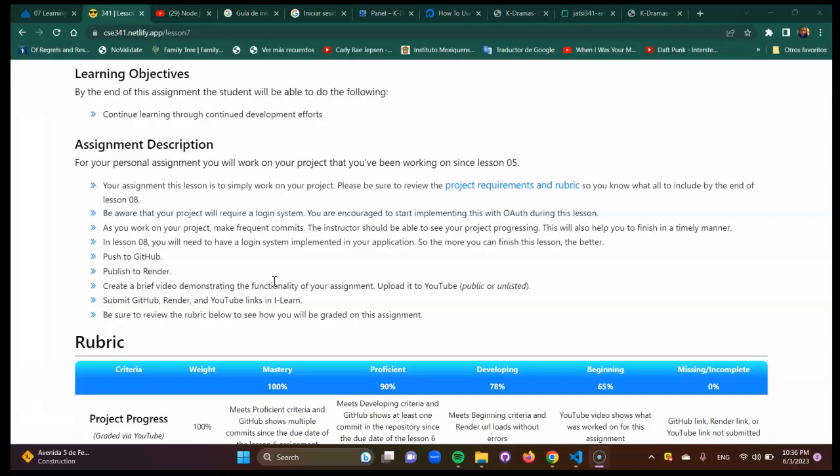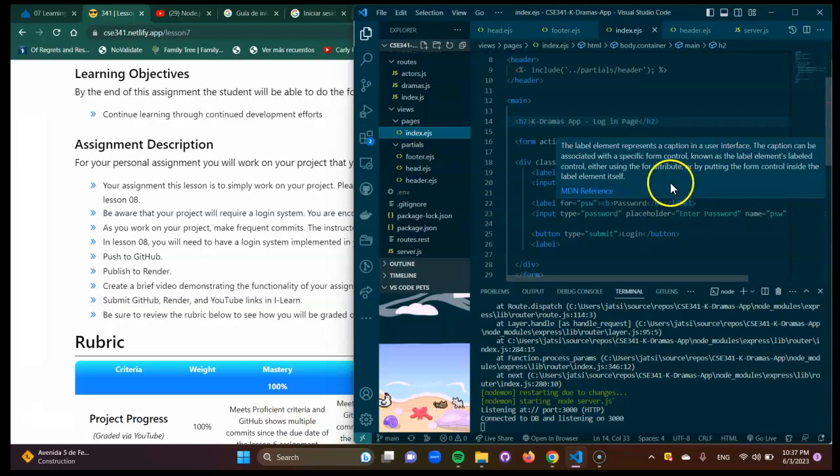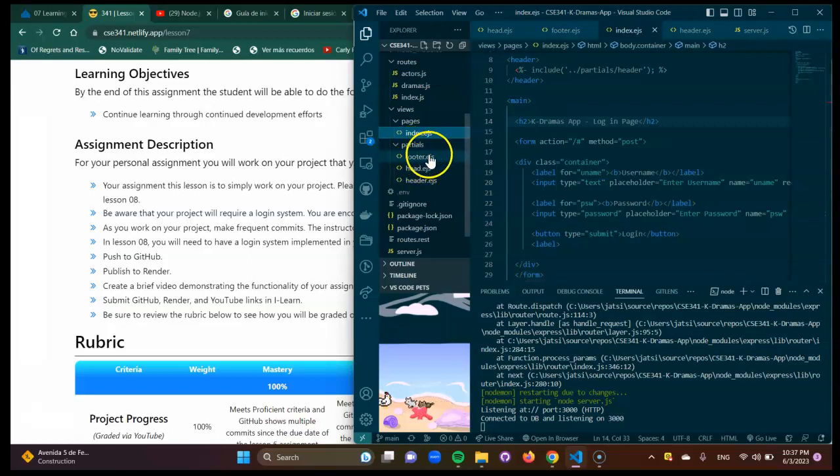So the thing that I thought is that I need to add a login view. Okay, so I decided to use the EJS files for the views. So I have my index view where I added a form for the username and the password fields, and I set apart the footer, head, and header as partials because I thought, or I think,